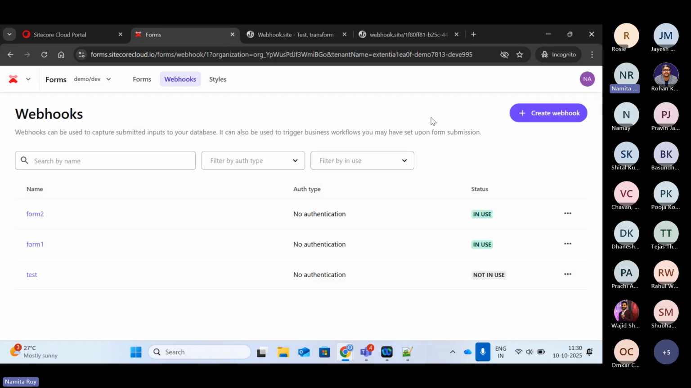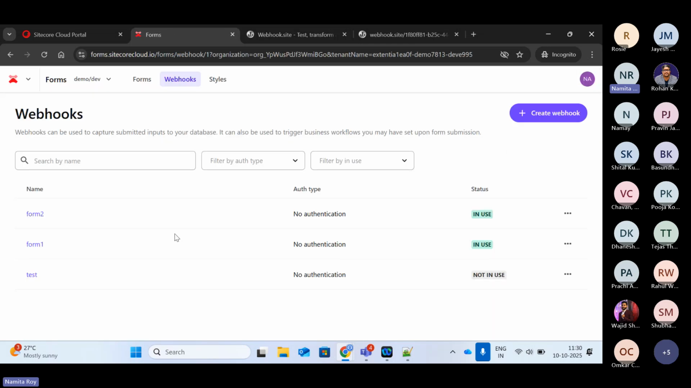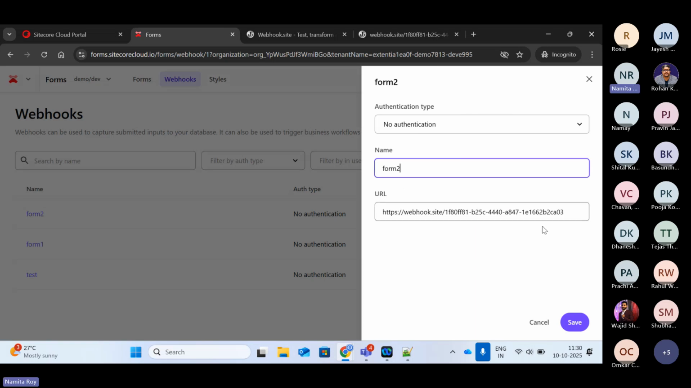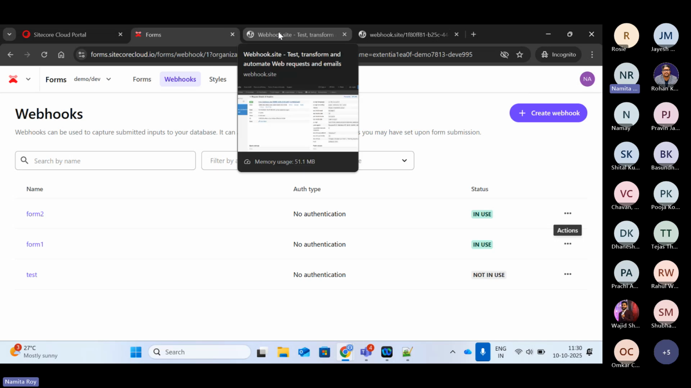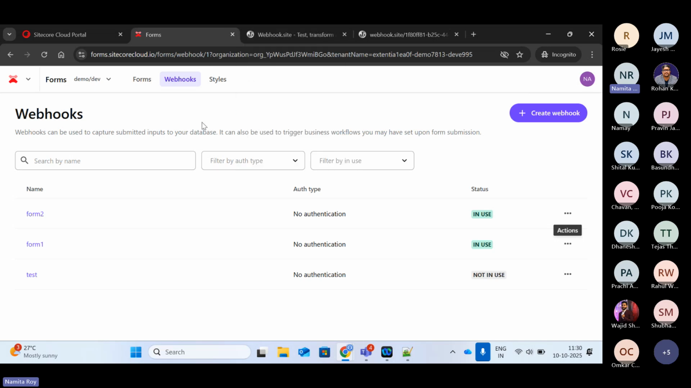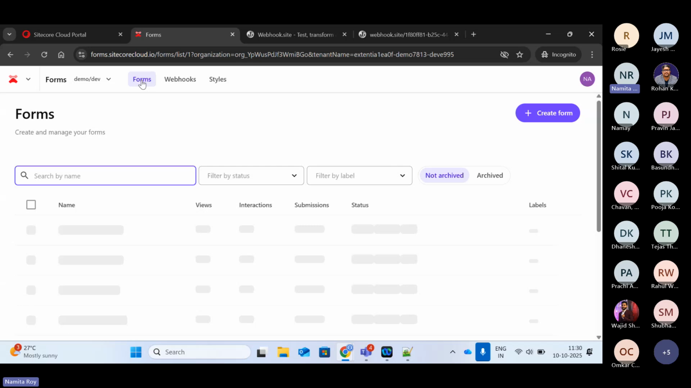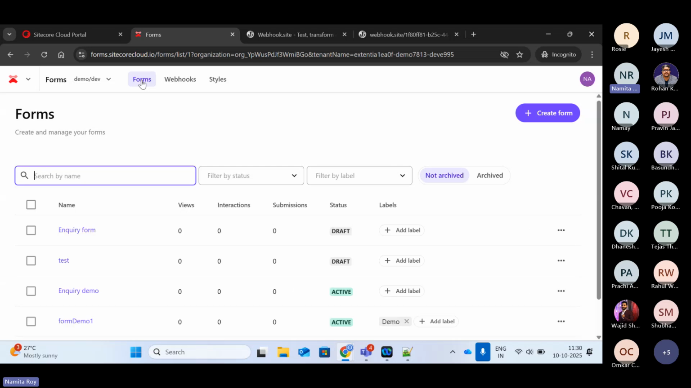I have a backend API, but currently for the demo purpose, I am using the webhook site. This is the URL, and in one of the webhooks, I have configured this webhook URL. So all my data, this is just for the demo purpose. Now, once you have selected what webhook you want to configure with your form,